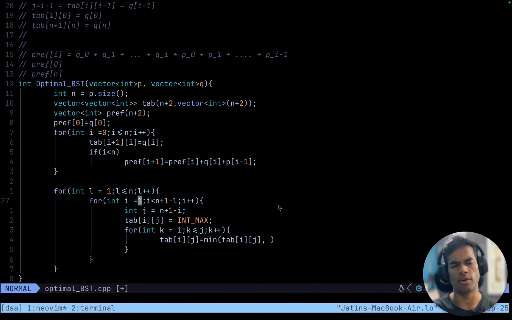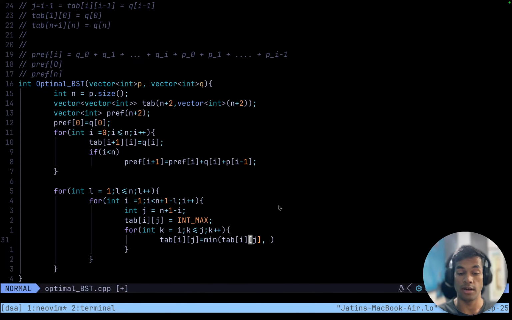I will start from 1. Yes, I should start from 1 because starting from 0 does not make sense. I should start from 1, which would mean when I'm choosing only one thing as my index, only one node. There are a lot of invariances which I'm not keeping track of. Anyways,